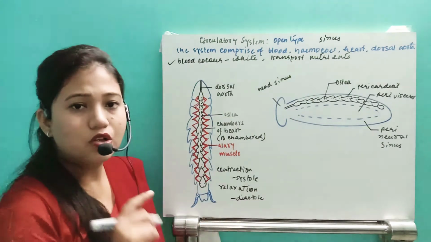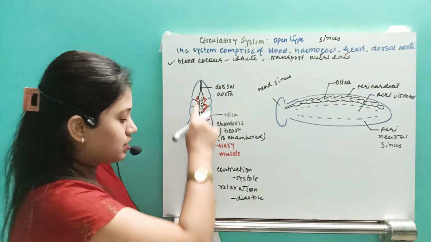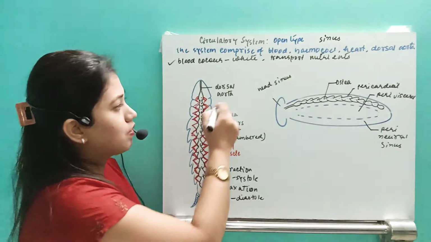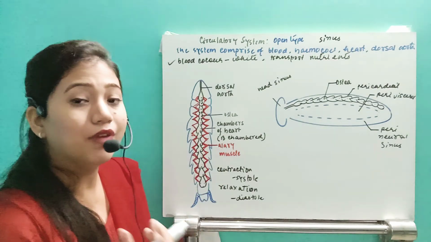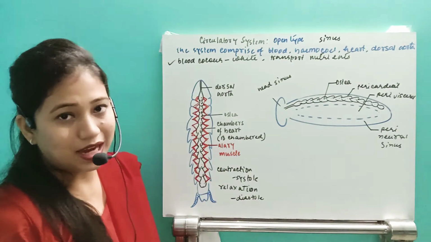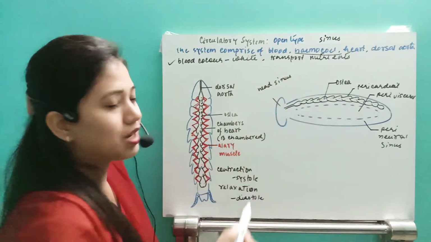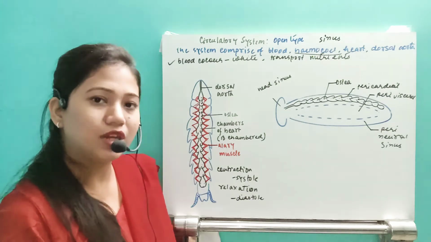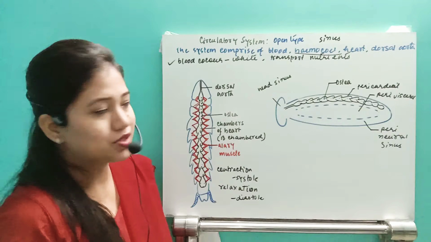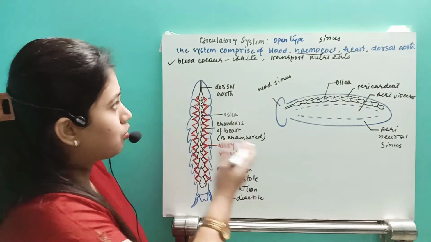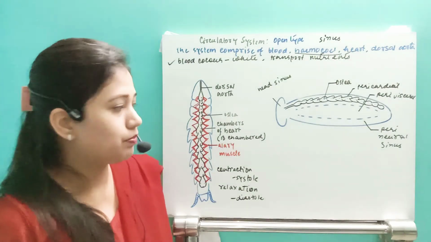So their circulatory system comprises the 13-chambered heart, the dorsal aorta, the Eleri muscle, and then the sinus where the blood flows. Sinus is also known as the hemocoel. So they have the coelom, and in the coelom only the blood is flowing. That coelom where the blood is present is called the hemocoel. Next, they have the heart, dorsal aorta and all. So this is about the circulatory system.